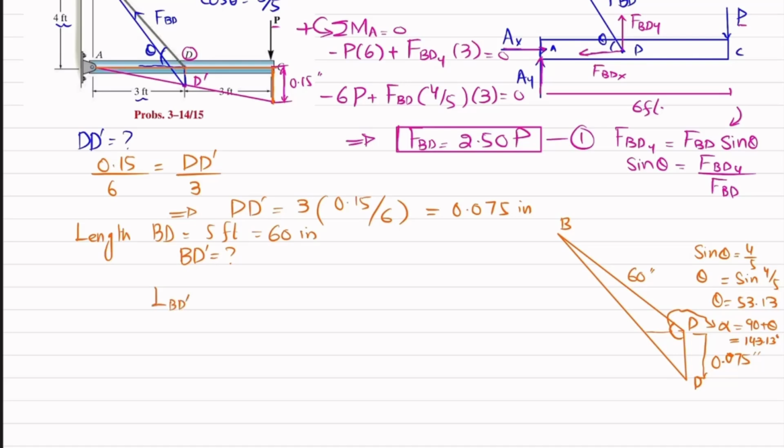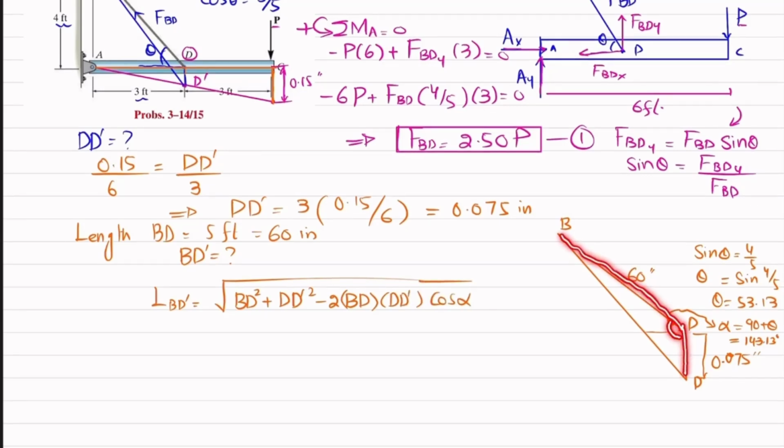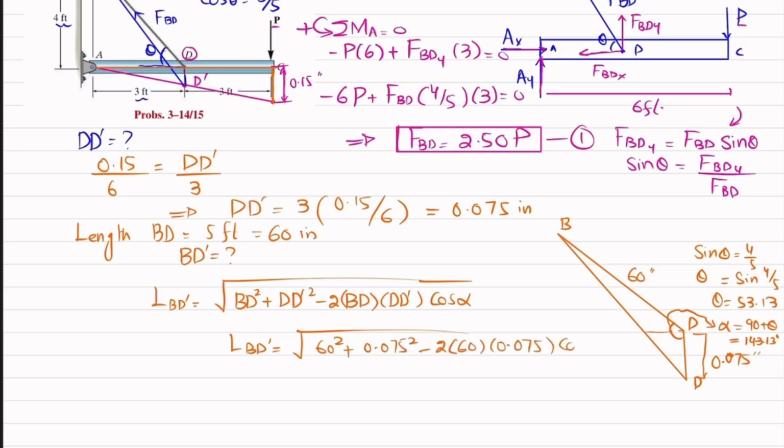So length of BD dash will be equal to, we apply the cosine law of triangle: BD square plus DD dash square minus 2 times BD multiplied by DD dash into cos of the angle between them, which is alpha, that is 143.13, and then take the square root. So when you put the values, length of BD dash will be equal to the square root of 60 square plus 0.075 square minus 2 times 60 into 0.075 into cos of 143.13. When you solve this, you will get the length of BD dash, the stretched wire, equal to